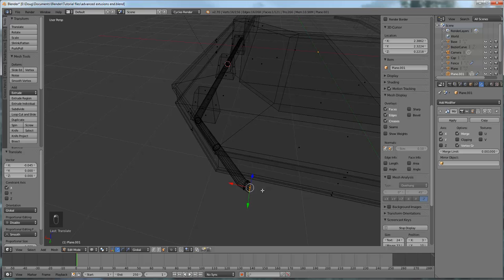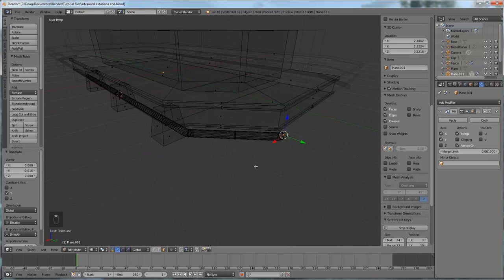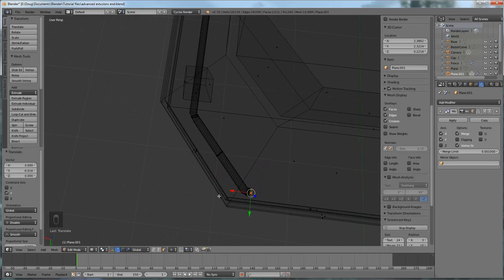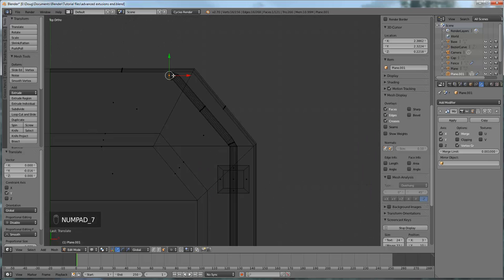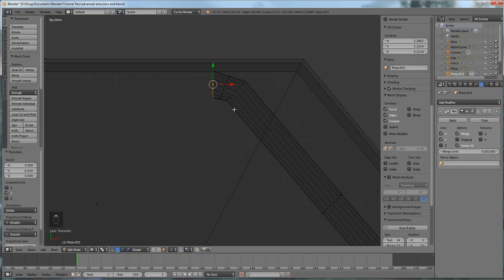Out that way a bit. And I think we should come in just a little bit. And there is our full turn. And if we go top view, you can see that that is now straight up and down. I think we've come out a bit too far here. So what should we do? Let's go. I'm going to select this loop, hold down Alt, and I think, nope, that's going to select all